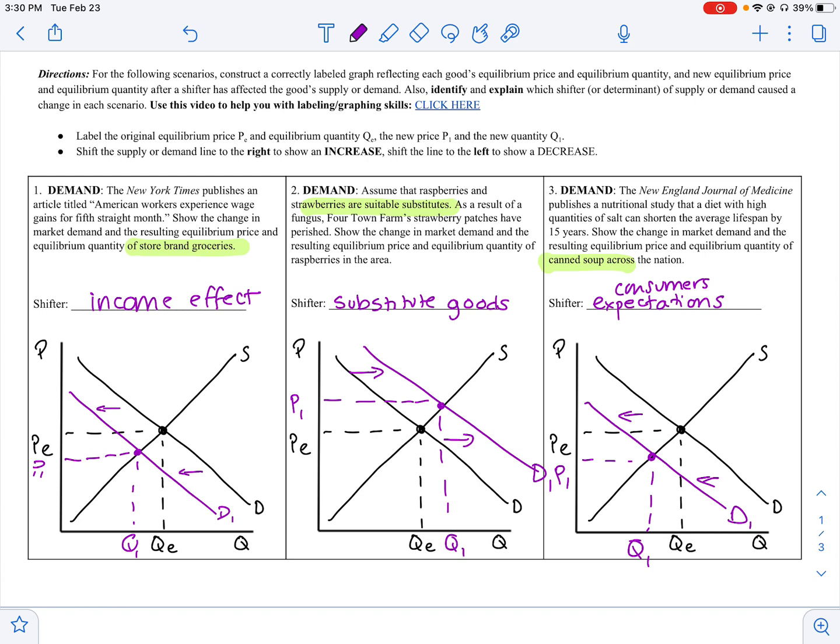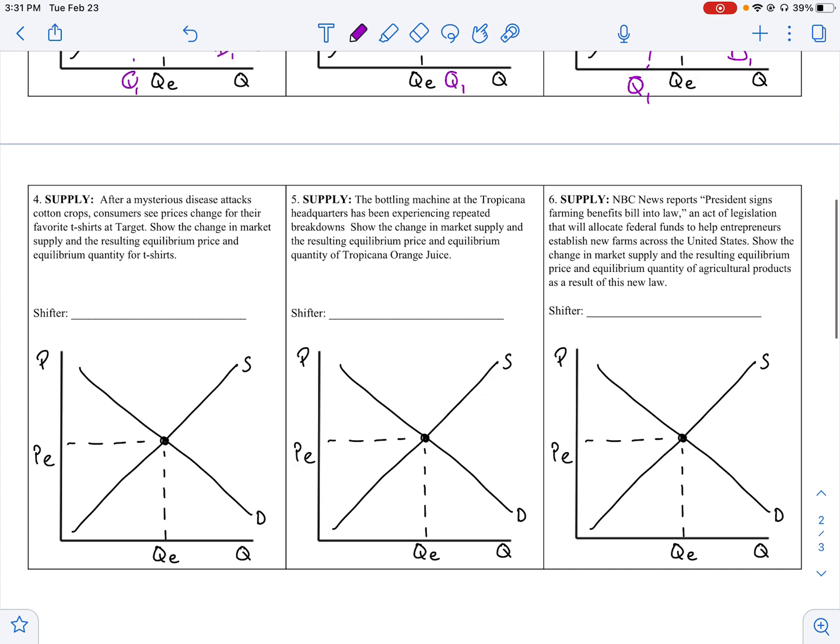It's because people expect that if they don't buy this right now, then X is going to occur. It's not that it's trendy to have a snow shovel, it's just that they need it right now because of something. And this is also, this new health data is out, so people are saying, nope, I'm not going to consume that. For supply,